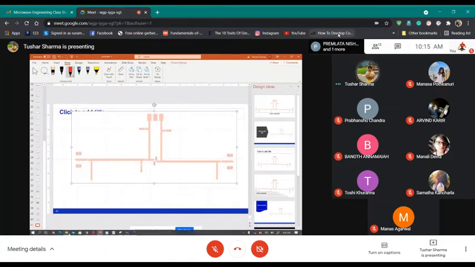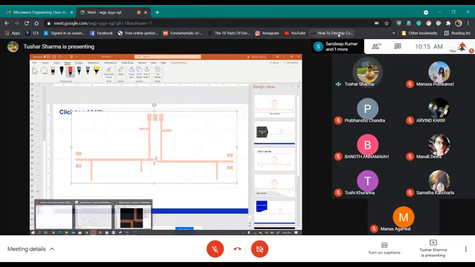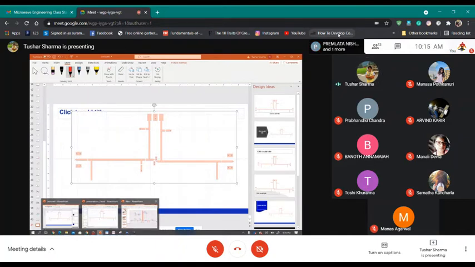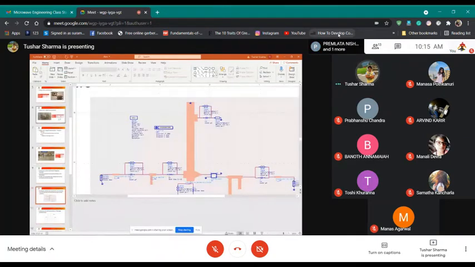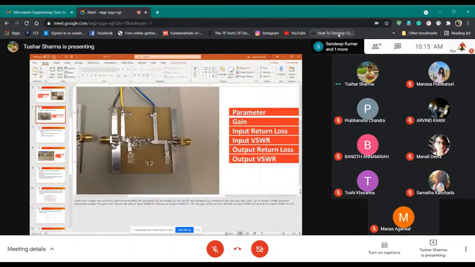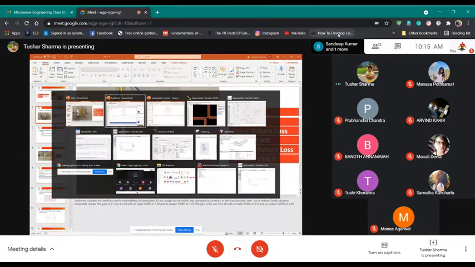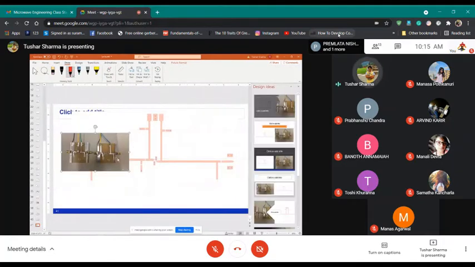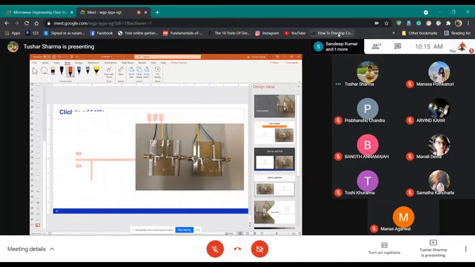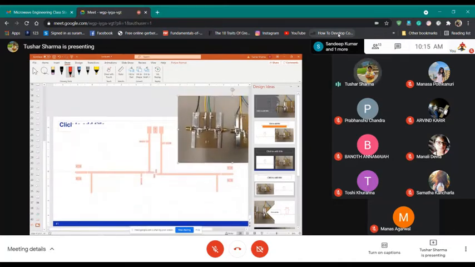So you see in the schematic right now, let me also put a real picture of how it looks. Let me see if Alex had, okay, it's here. Okay, so you see your amplifier will be something like this. So what it means is that you have the input match, which you guys have already designed, right? Then you have the stability network.